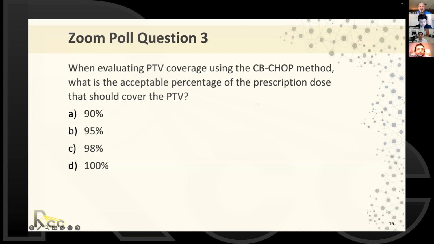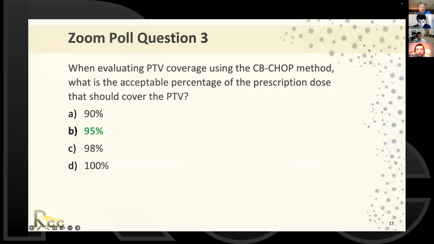Okay, we can end the poll. We have 83% of people who selected option B, 95%, which is the correct answer. We always like to see the 95%, basically the dose covering the whole PTV. And that's